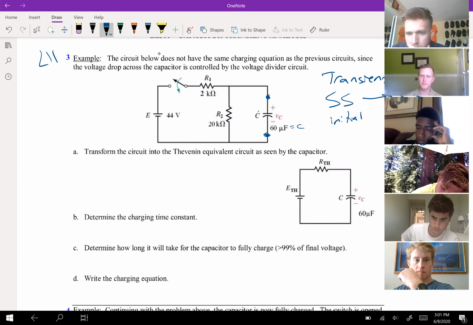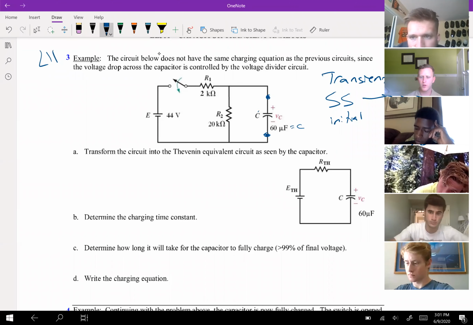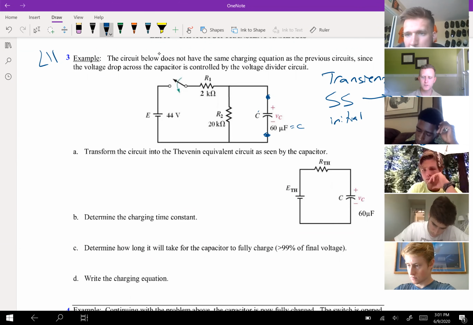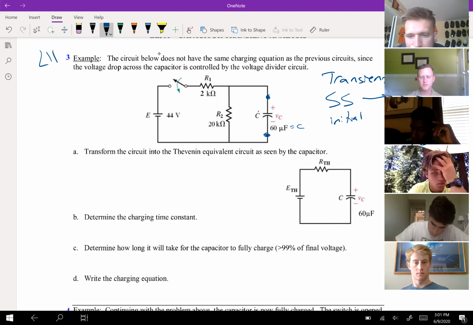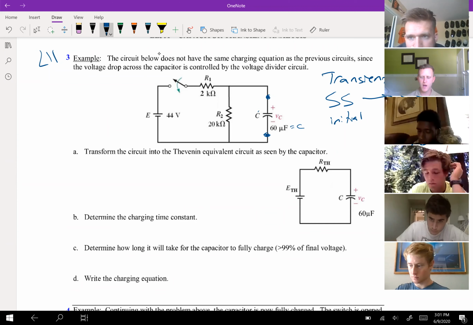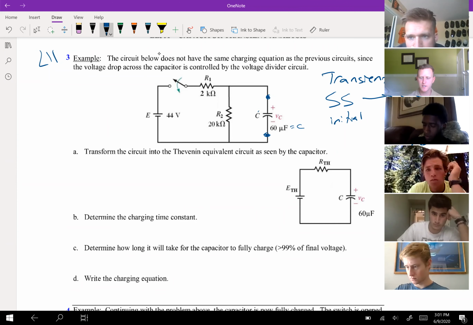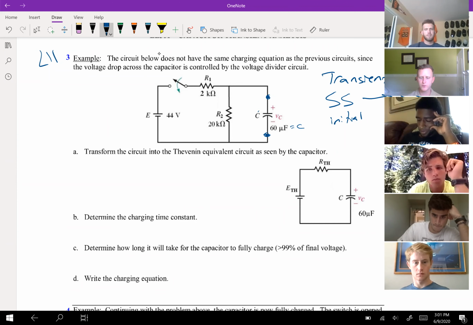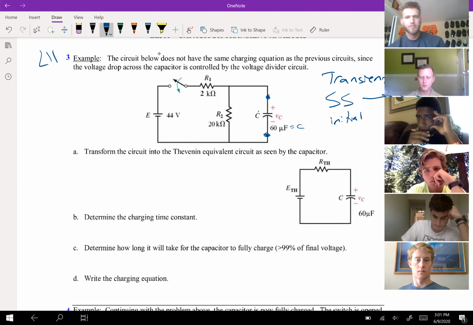We treated something as a load. Well, in this case, we're treating the capacitor as the load that's looking back at the circuit. I need one R to plug in, and so it's R Thevenin. It's not R1 plus R2. It's not some equivalent resistance looking from the source. It's the Thevenin resistance looking back at the thing. So what this is saying is the circuit below does not have the same charging equation since the voltage drop is controlled by the voltage divider rule. So what this is telling,